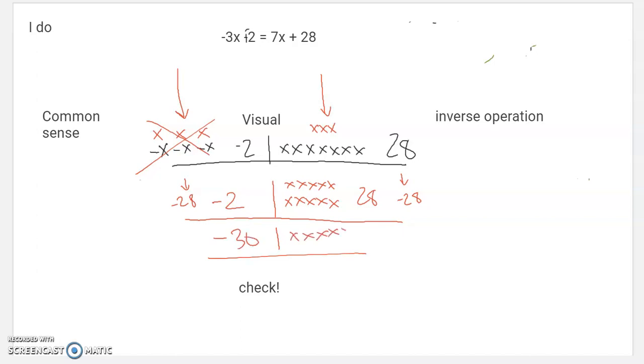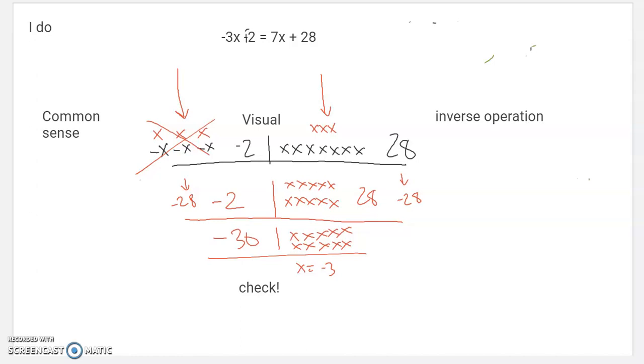10x's here, and I can figure that out. Each x would have to be negative 3. So that's what I do. If I need to get rid of something and I can't take it away, I instead put the opposite on there. Just like last time too, where I said it kind of doesn't matter which, I also could have done